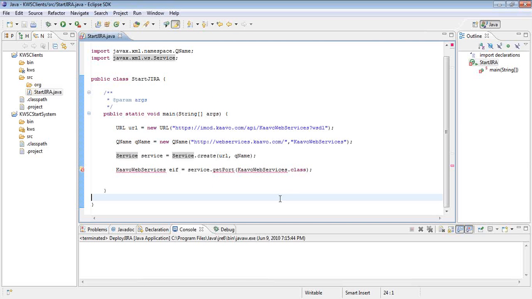This service object provides the client view of the web service, and it also acts as a factory for proxies for the service endpoint. In the next line, I retrieve the proxy that I just talked about using the getPort method.